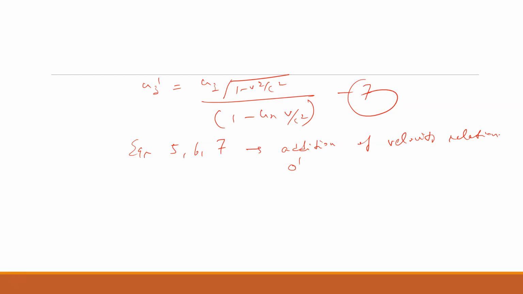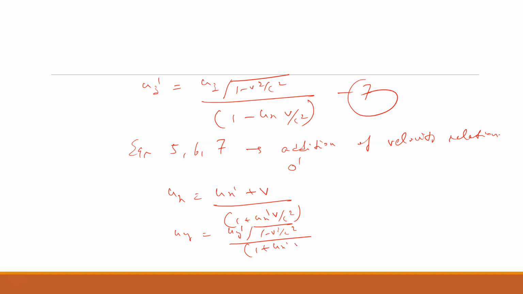Now from the observer O, in frame S, the relations 5, 6 and 7 will become ux equals ux dash plus v divided by 1 plus ux dash v by c square, uy equals uy dash root of 1 minus v square by c square divided by 1 plus ux dash v by c square, uz equals uz dash root of 1 minus v square by c square divided by 1 plus ux dash v by c square. Equations 8,